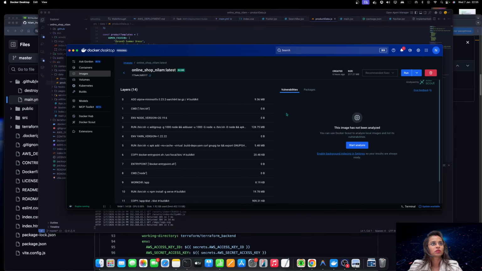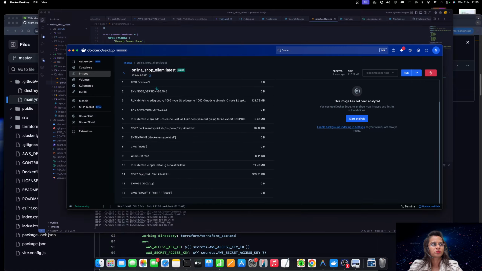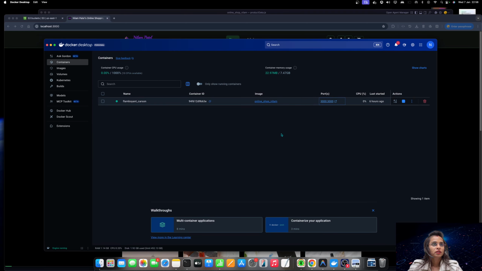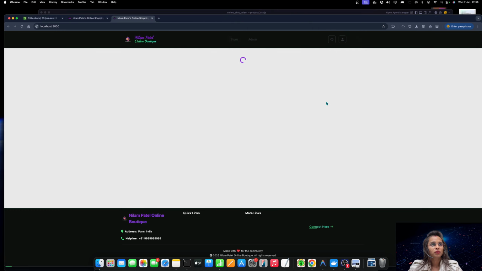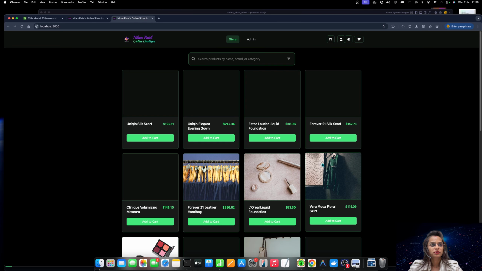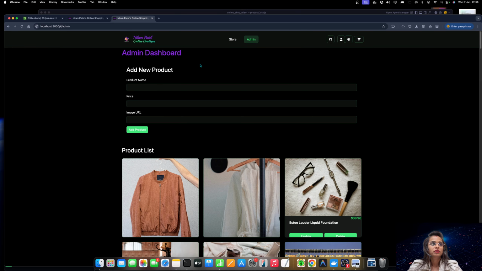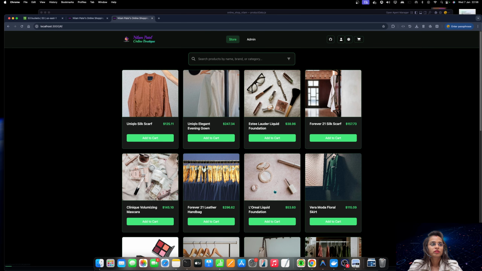It's running on port 3000. Okay, so basically I have built the application locally for you to have a glimpse of it. This is the application image that I had built, and if you want to see how it looks, it will be like this. Okay, so here it's an online e-commerce store application, basically, with different sections like store, which has